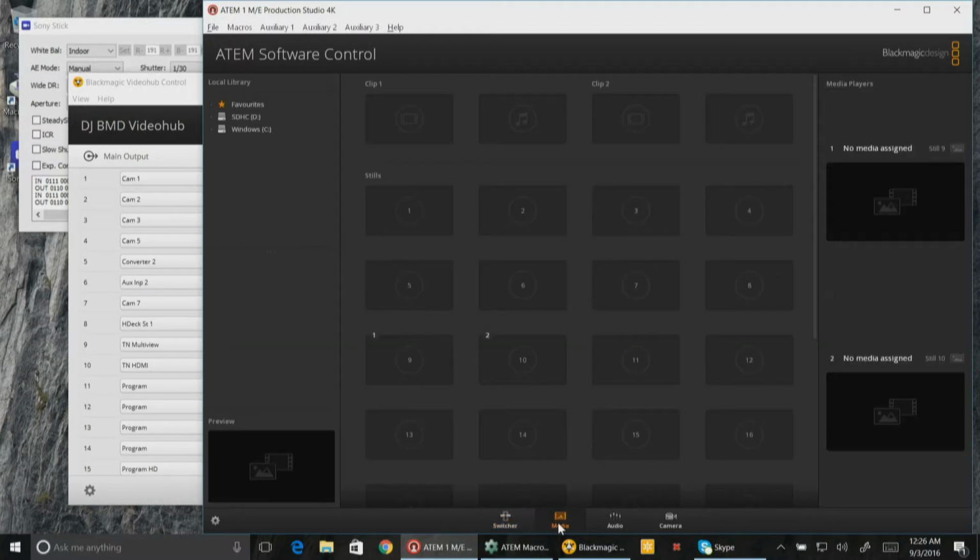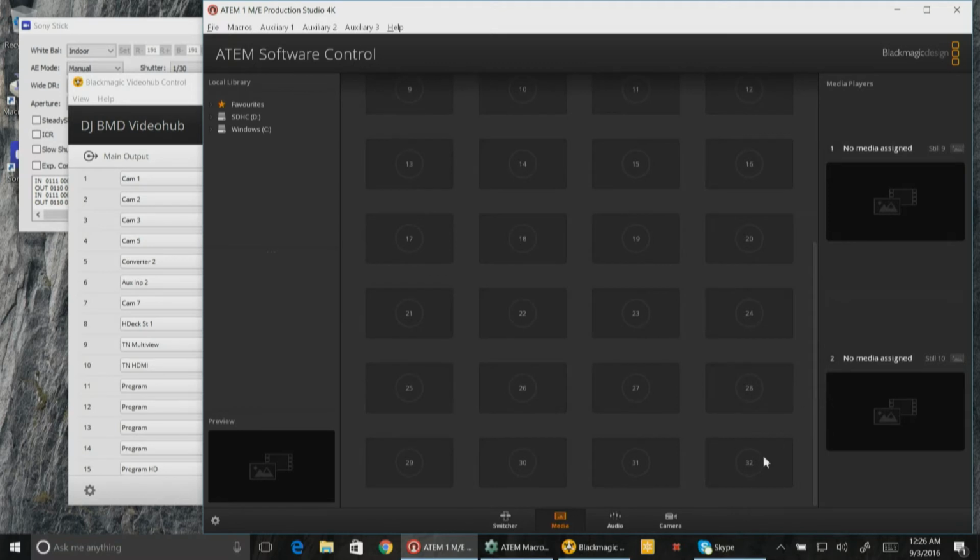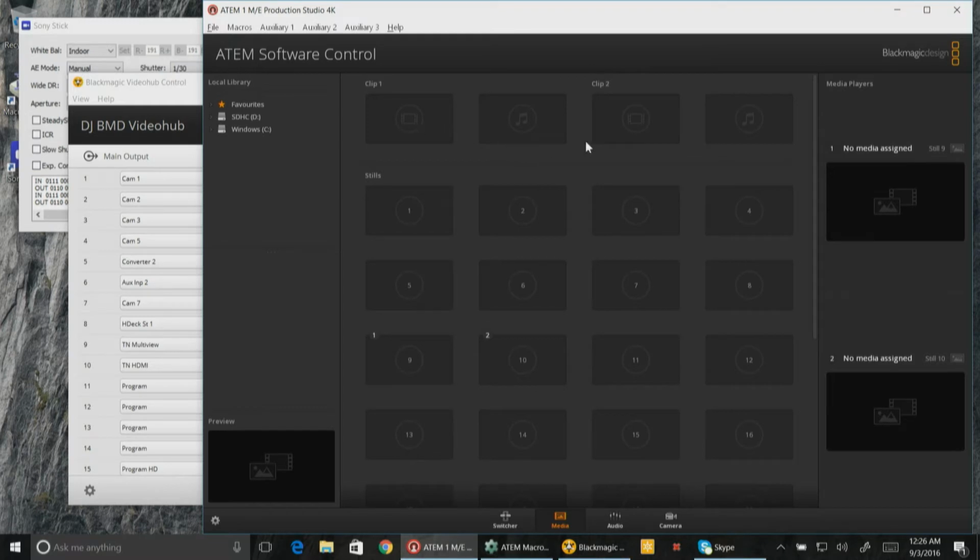Now, the switcher actually can hold quite a few still images. It'll hold up to 32 still images, and it will also hold up to 2 video clips in its memory. These are erased when the switcher is turned off, so even if I preset them before an event, they would disappear. So I'm going to come over here, and I'm going to load in one of the images. In order to do that, I navigate to it and then drag and drop it into one of the stills